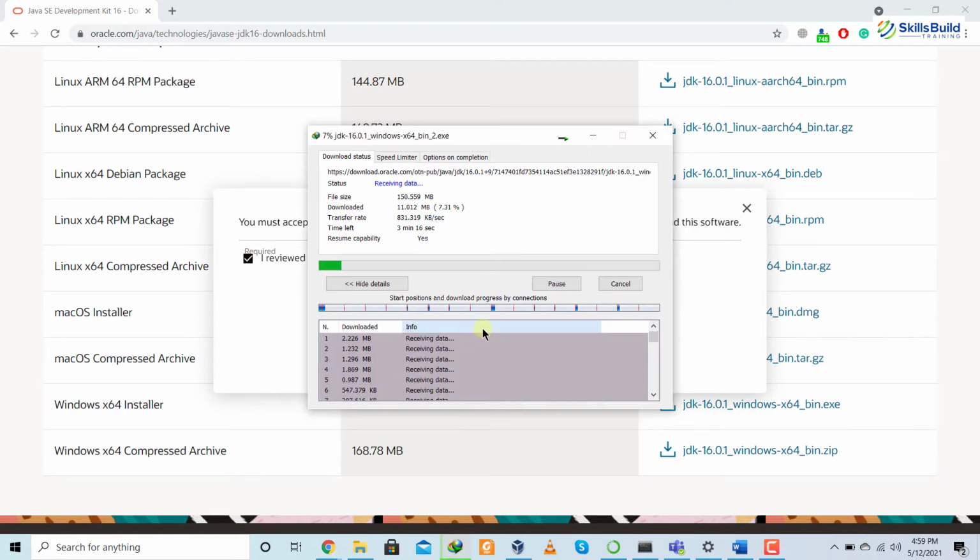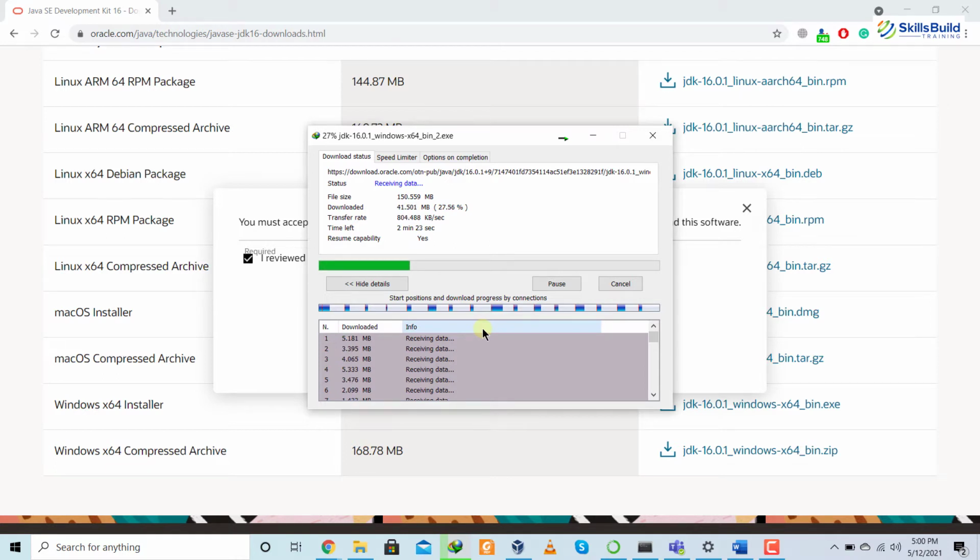As it is downloading, let me tell you about JDK, what it is and how it is being used for different purposes. The Java Development Kit, which is also known as JDK, is one of the three core technology packages which get used in Java programming, along with the Java Virtual Machine and Java Runtime Environment. It's important to differentiate between these three technologies, as the JVM, which is also known as Java Virtual Machine, is the Java platform component that executes programs.